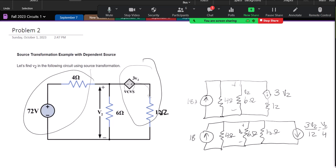Okay, so now I have 3 resistors in parallel, and I can get the equivalent resistance. There's a couple ways I can get the equivalent resistance. So I could do